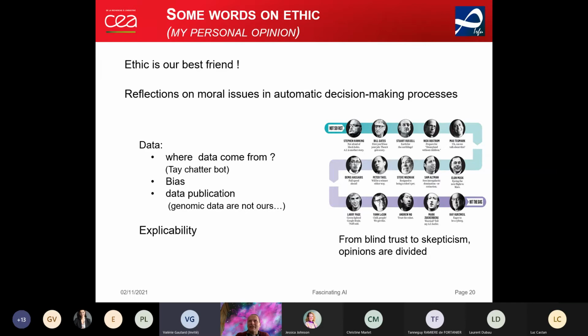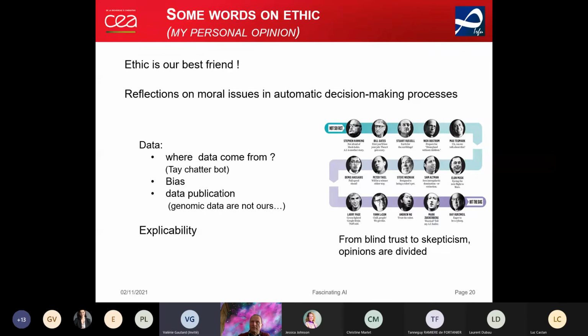A second question, in my opinion, is the bias in data. The data could have bias, of course. I take an example. If the learning sample is biased, then the algorithm result will have the same bias. For example, obtaining a loan was decided by machine learning, and it was found that foreign persons obtained fewer loans. In fact, the learning sample was biased.